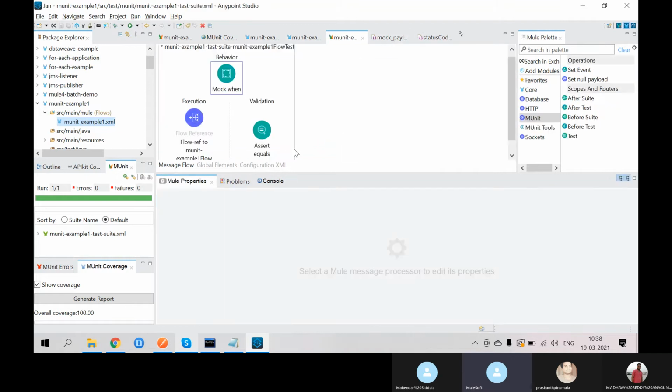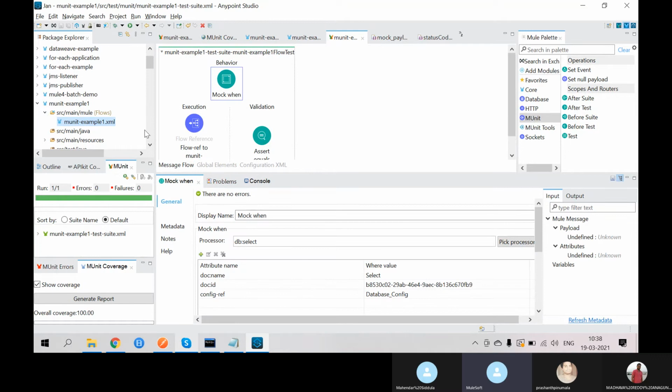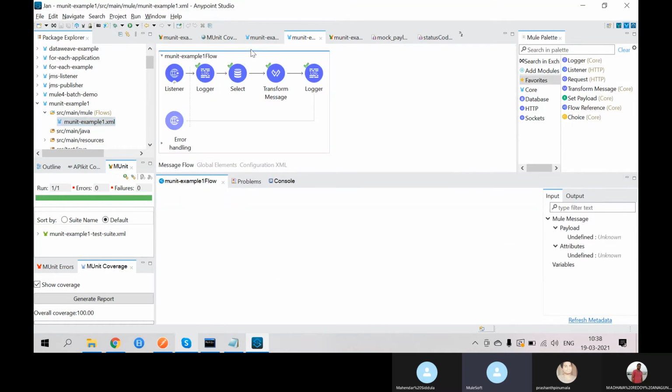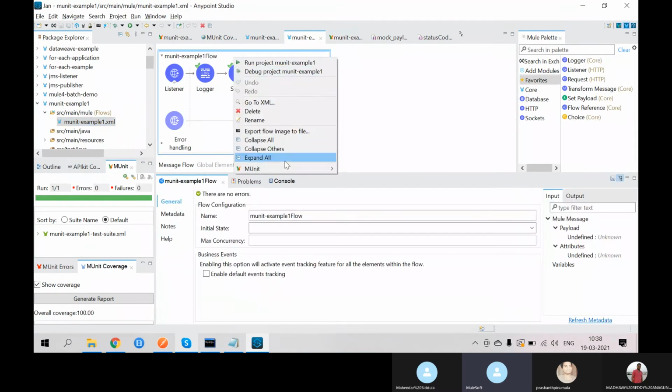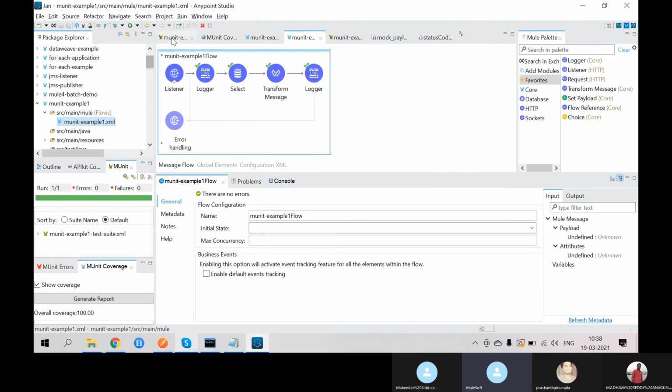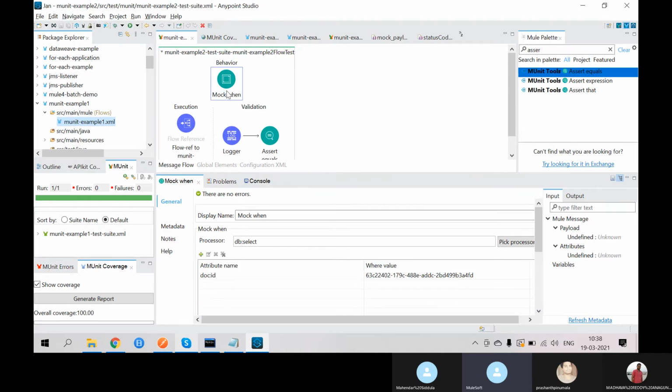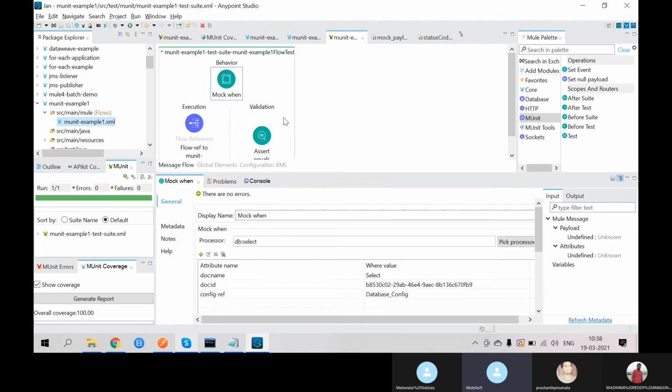In this way you can do the unit testing in different ways. By right clicking on the flow, we can directly create a blank test. That is one way. Otherwise we can record the test inputs and outputs, and based on that it will generate everything automatically. But in the blank test case, we have to create the mock components, everything, manually. But in the automation case, meaning the test recording case, it will generate automatically, you don't need to do anything. Okay, in that way it will work.